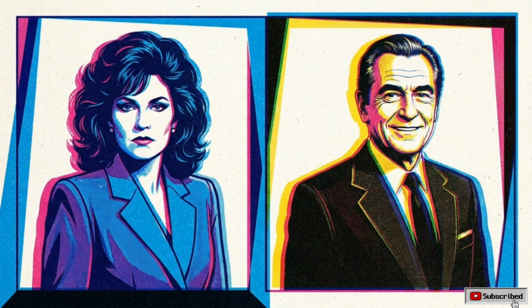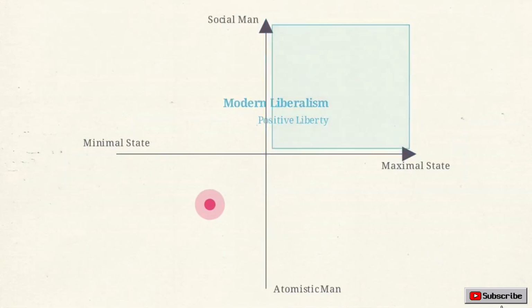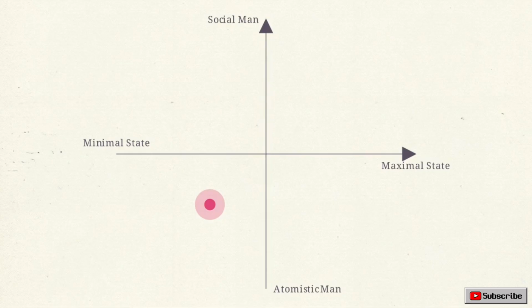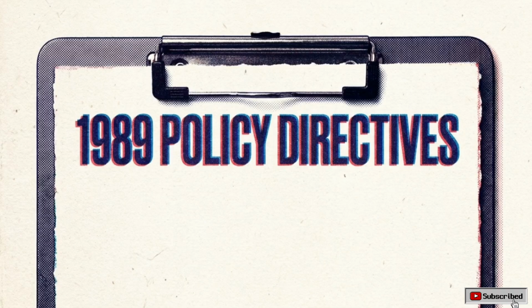Political leaders like Margaret Thatcher and Ronald Reagan operationalized these theories, initiating an era of neoliberalism. This caused a violent snapback on our ideological matrix. Neoliberalism rejected positive liberty and returned to the atomistic bottom-left principles of the 18th century, but pushed even further into strict market fundamentalism. By 1989, these policies were codified into the Washington Consensus, a strict checklist designed to roll back